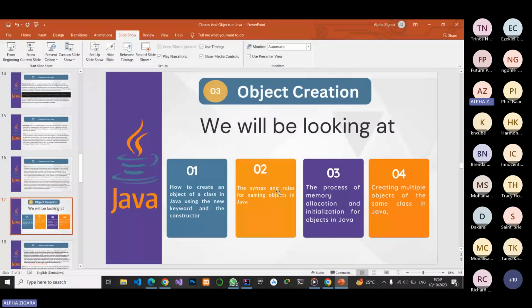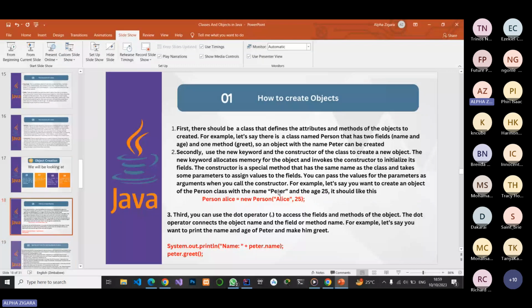Now we want to look at our object creation. First, we will look at how to create objects. To create an object, first there should be a class that defines the attributes and methods of the objects. For example, let's say we have a class named person that has 2 fields, name and age, and one method greet. So an object with the name Peter can be created using that